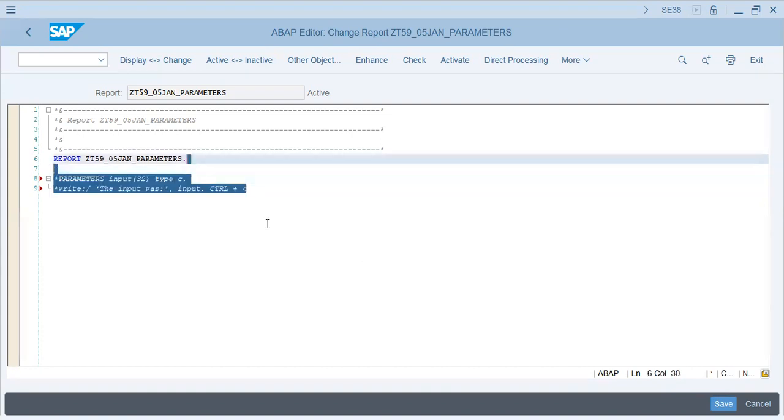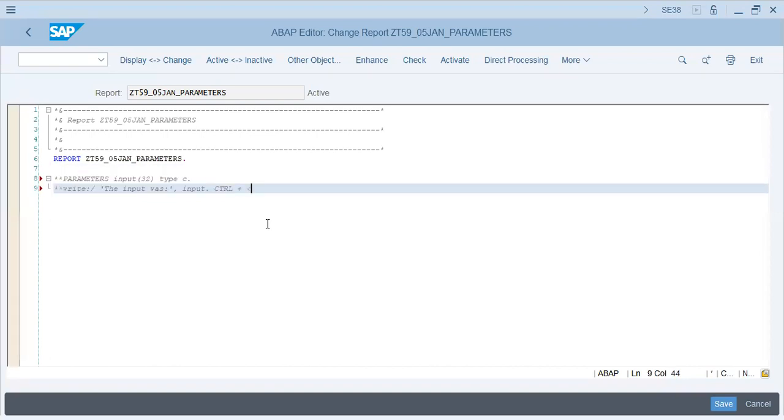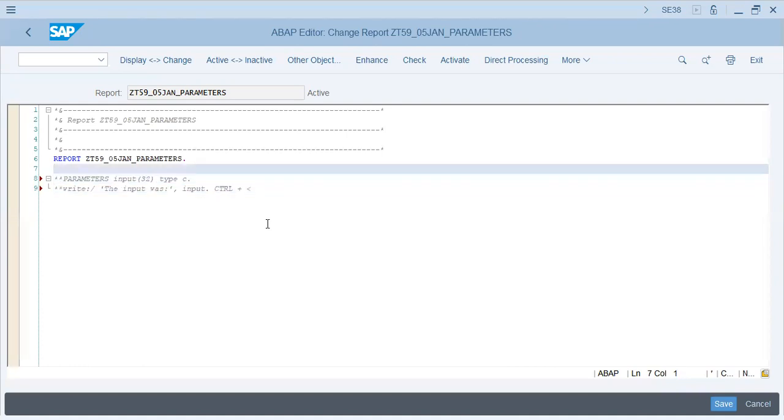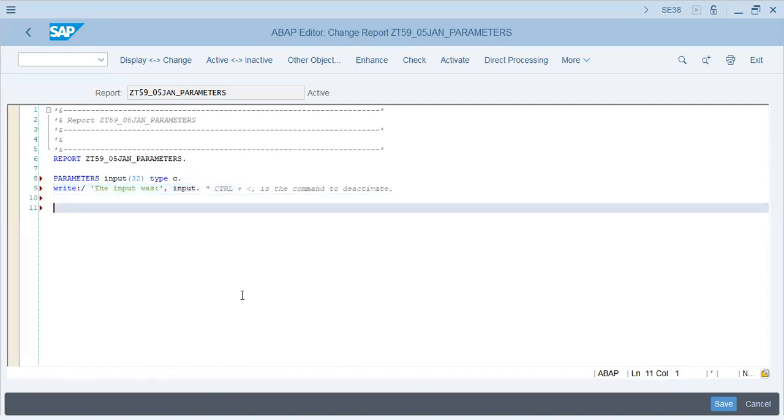Or when I have to insert a comment in this line, then I will add these inverted commas. That is the command to deactivate. Okay,